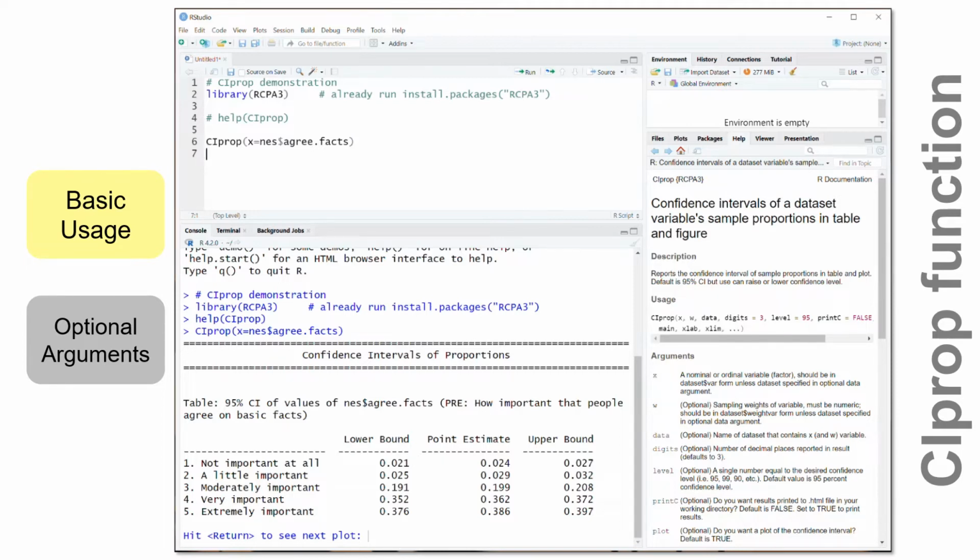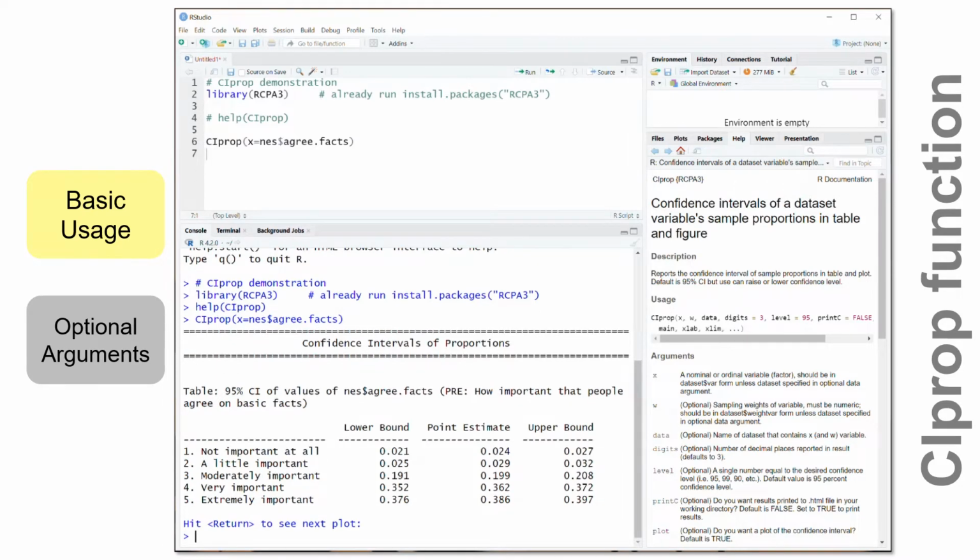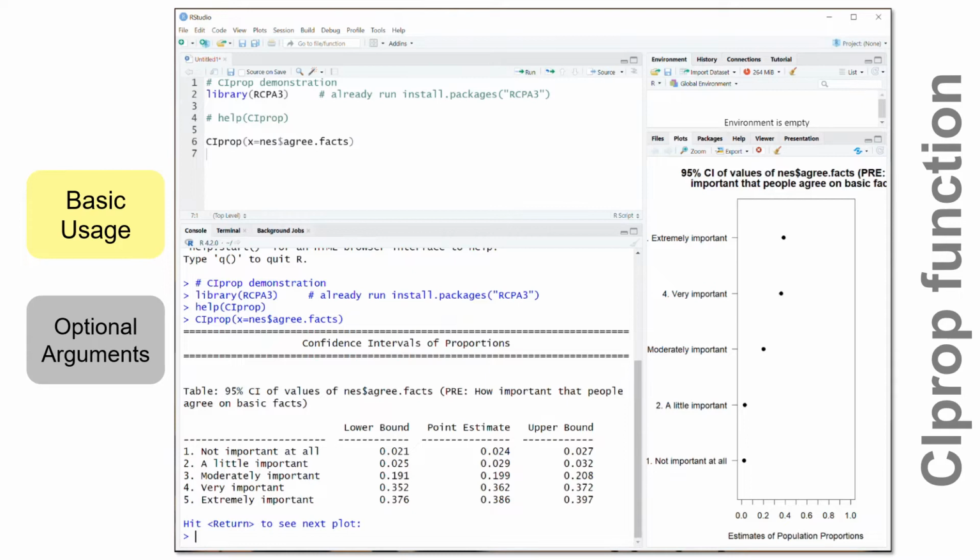So the point estimate is really the descriptive statistics of proportions. 0.024 of the respondents say it is not important at all to agree on facts, moving up to 0.386 of respondents, or 38.6 percent, say it's extremely important to agree on facts. And each of these values has a lower bound and an upper bound based on the sample size and the point estimate. This can be seen in a plot where we look at the values plotted from not important at all to extremely important,